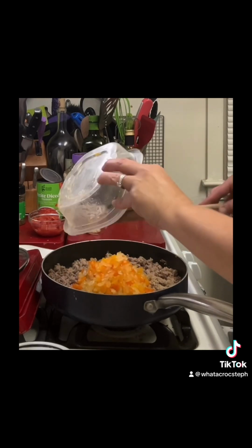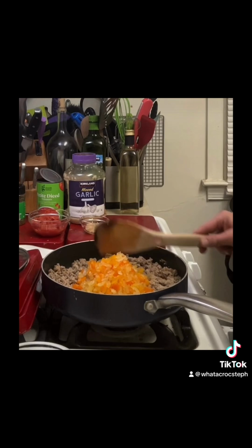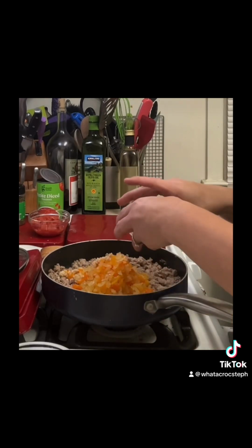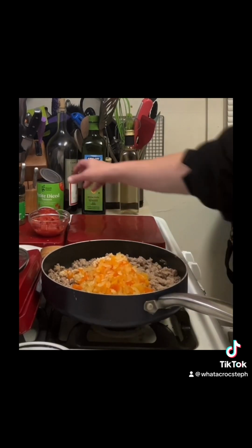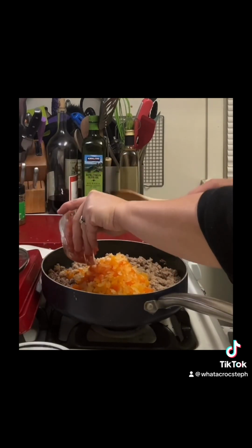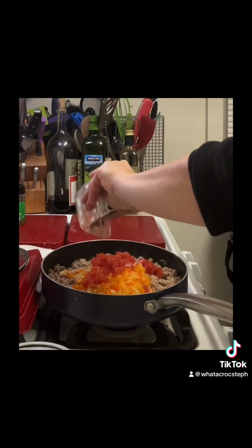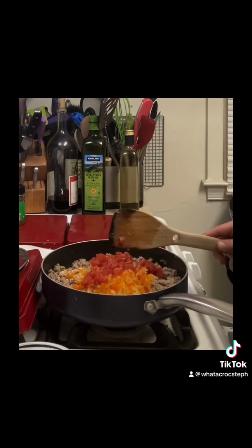Once you drain the juice out, we're going to add in the other ingredients. I have here half a large chopped onion, mixed with half a cup of finely chopped peppers. I only had orange and yellow ones, so I chopped those up as well with the onions. Put that in. Then I'm going to add in 2 cloves of minced garlic,